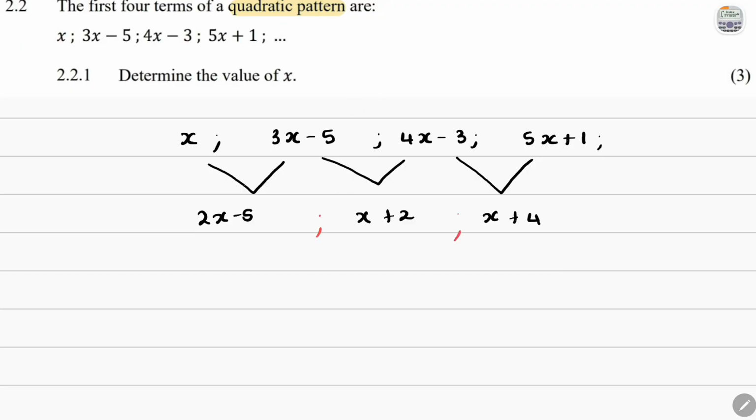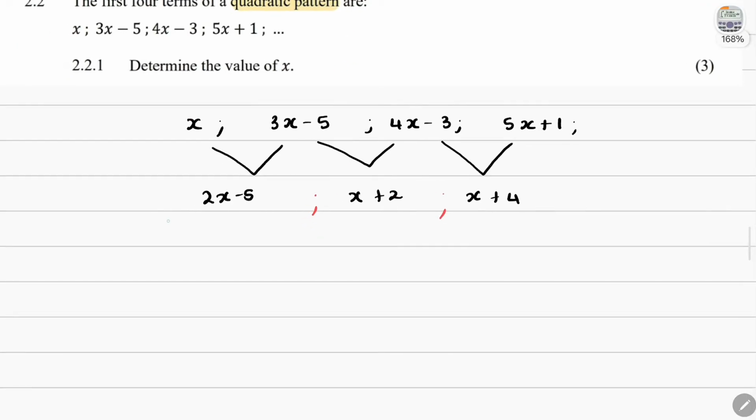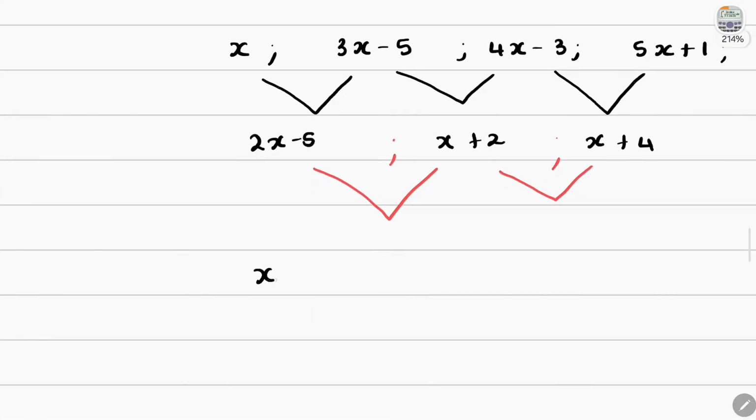Okay, so now what can we do with this? This is our first differences of the quadratic pattern. It forms an arithmetic pattern, a linear pattern. So that means that if you find their differences, they will be constant. So whatever this term minus this term gives us is going to be exactly equal to this term minus this term. And so we'll find out by saying this is x plus 2 minus,